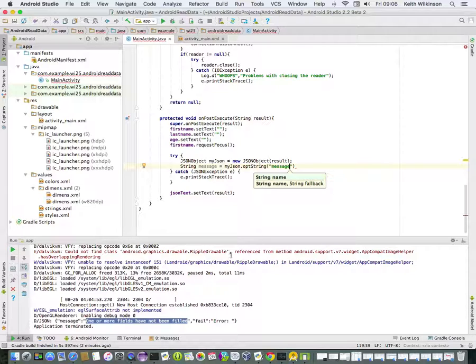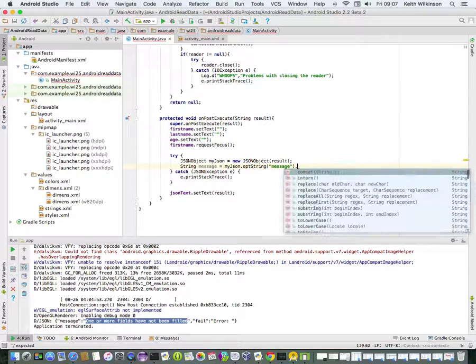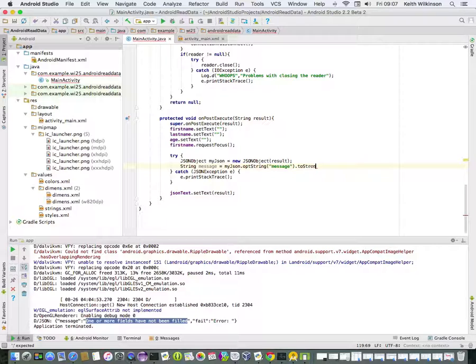So it's now looking in this string for the message in the quote, and it's going to find the value. And I know that looks like it's a string. It's not, but we're going to have to convert that to a string, as we did in the log to string. And now I have my message,